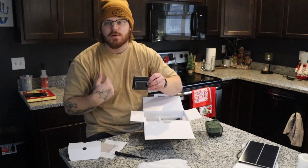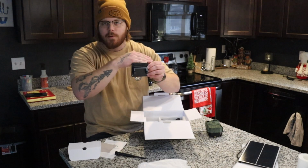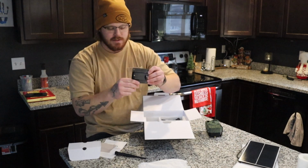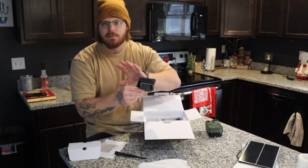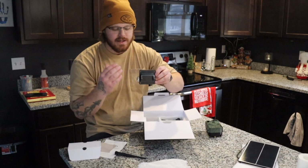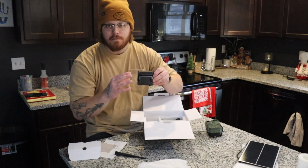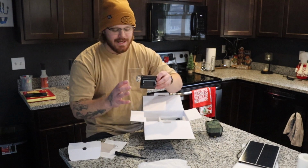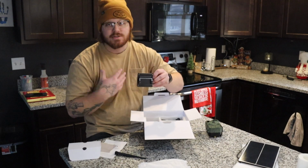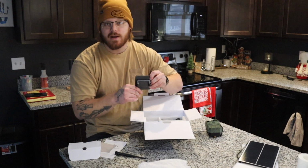And normally what I do is I take a stick and I wedge it behind the camera to angle the camera down. Well, this bracket right here allows you to adjust the angle of the camera, and I will show you guys that here in just a little bit. But this bracket provides so much tilt for the camera. It's a game changer for me, and it's going to be a game changer for you,